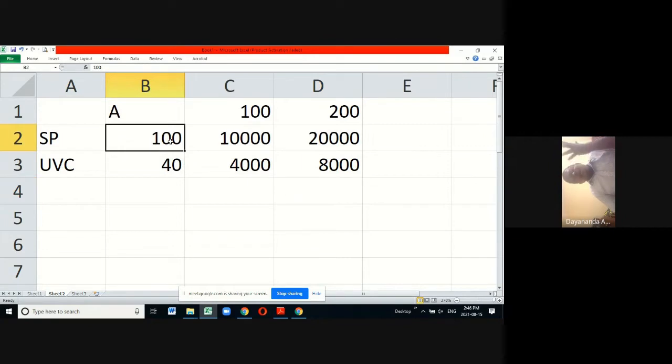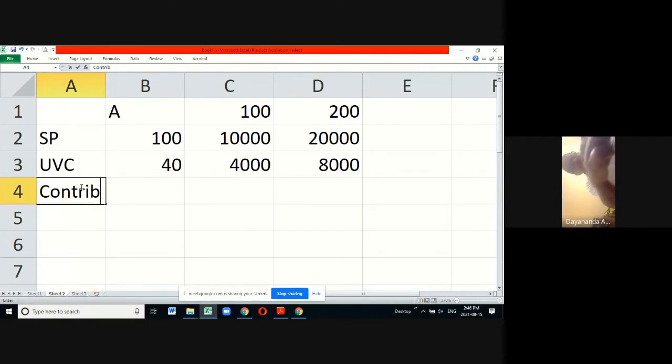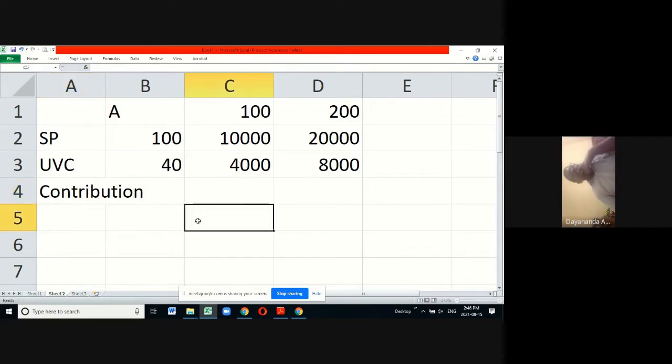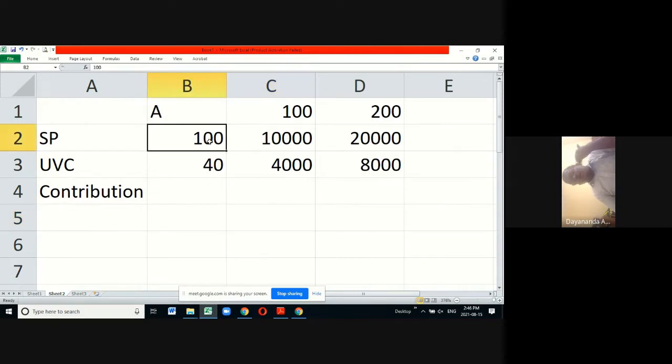So, selling price, unit variable. When you deduct the unit variable cost from the unit selling price, you call it contribution. A technical word, contribution. What is the contribution per unit? Here, you are making 100 rupees sales, 1 unit. When you sell 1 unit, your direct cost, variable cost would be 40. So thereby you have a 60 rupees contribution. This is unit contribution because it is for 1 unit.